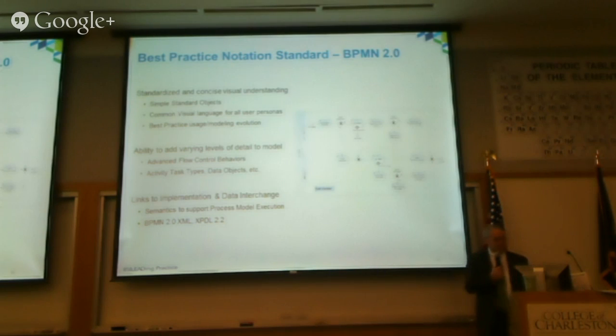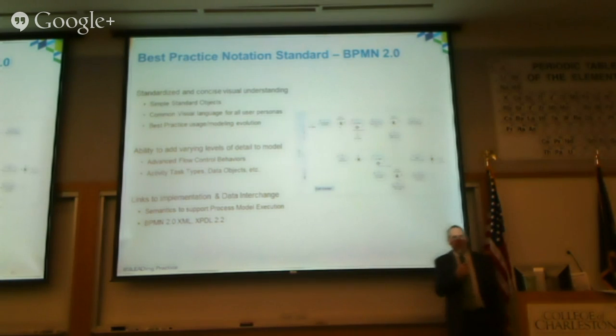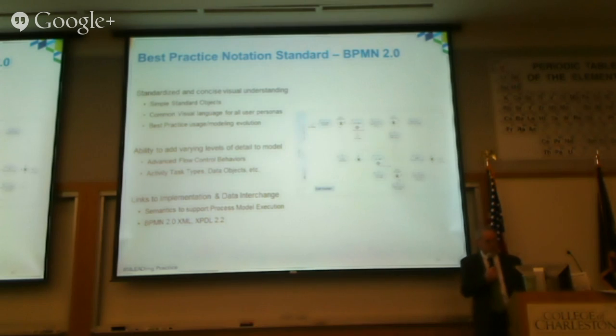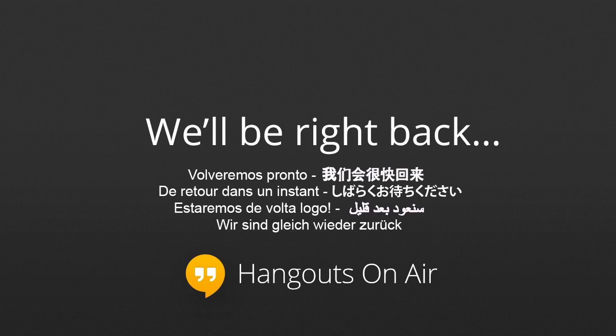It also has links to implementation, and this is one of the key driving factors when it was developed in the first place, is the links to the implementation and execution models. The semantics to support process model execution and